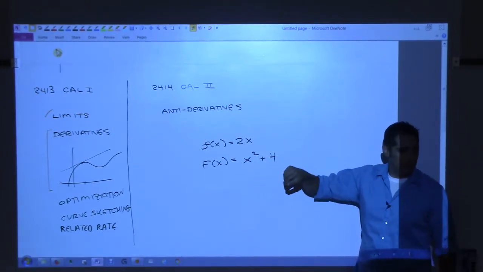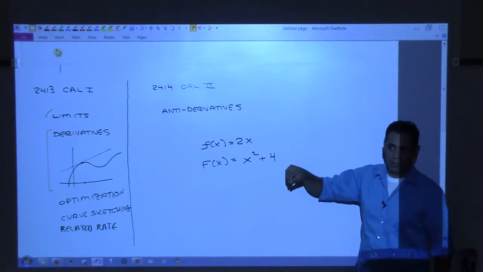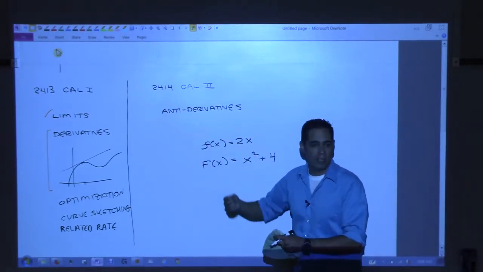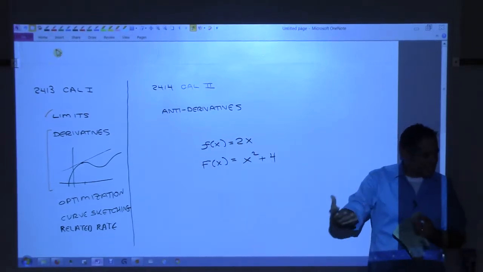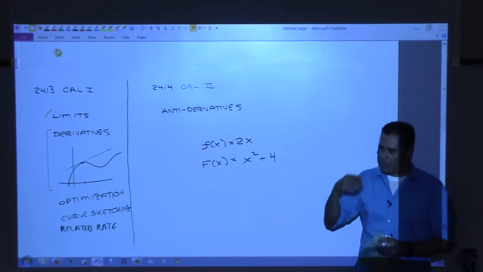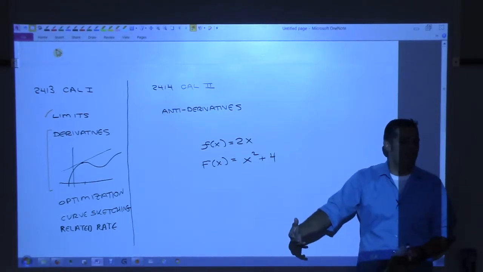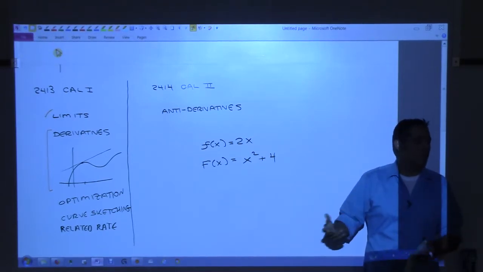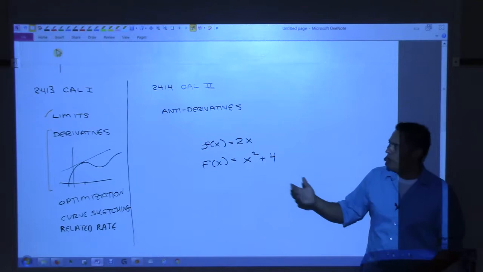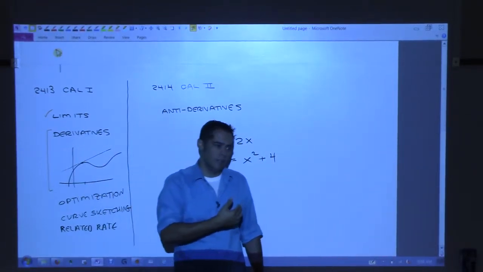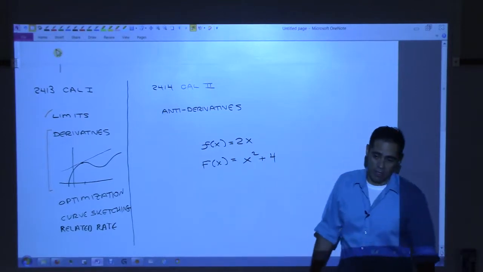And that is inherently difficult to do. That's why you have to be really good at going forward, with derivatives, in order to go backwards, because you have to see these things before you even, you have to think through, oh, I recognize that. Oh, I see that was a product rule there. I see a chain rule in that. But if you struggled with product rule, chain rule, quotient rule here, then it's going to be exceptionally difficult here.